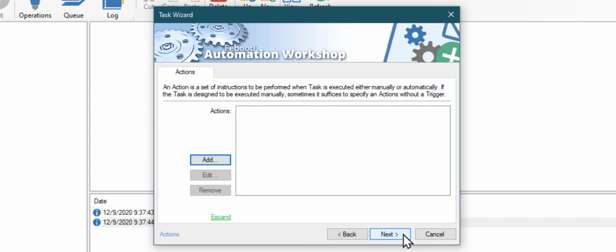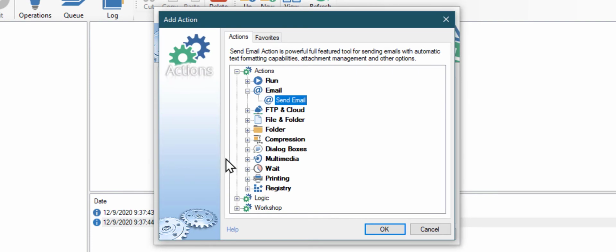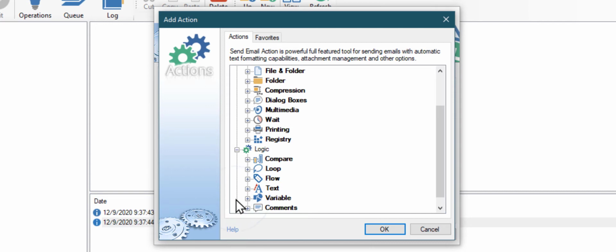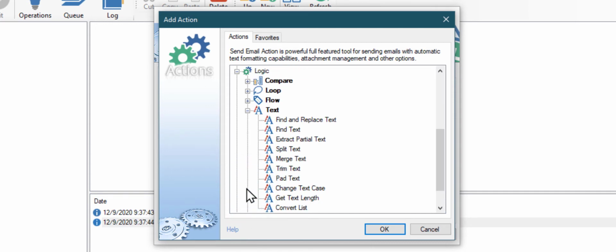Next, we will need some actions. Automation Workshop features more than 100 actions, but we will choose the Split Text action from the Text category, as we want to split our file names into separate parts.